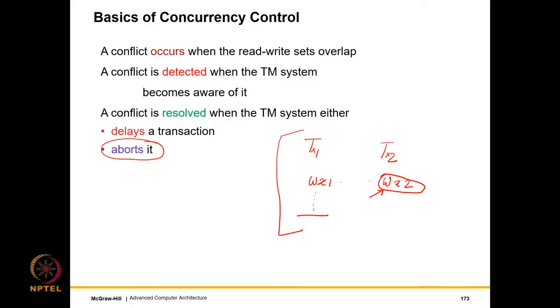So I should rather use this terminology. So what we can do is stall transaction TX2 at this point, not allow the write to happen, so essentially stall the write. Once TX1 completes, we can release the write and then we can continue the transaction. In this case, at least there will be no conflicts because of this write. So even delaying a transaction to avoid conflicts, which means to deliberately avoid overlaps in the read-write sets, is also a valid technique.